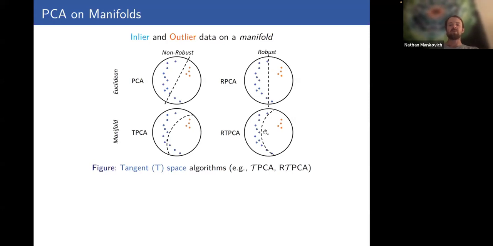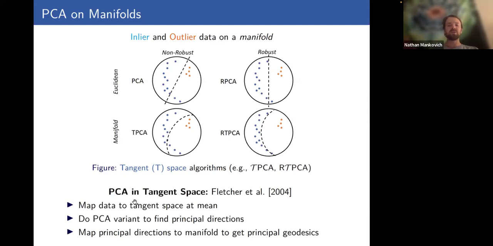And it seemed like not many people had worked with robust principal component analysis for manifold valued data. I didn't see much work on that, so that was something we were interested in, and we were also interested in taking a flag perspective. But anyways, for PCA on manifolds,